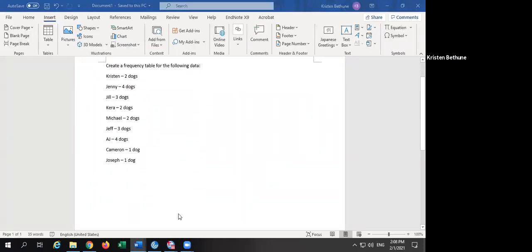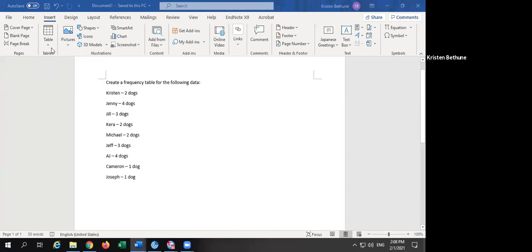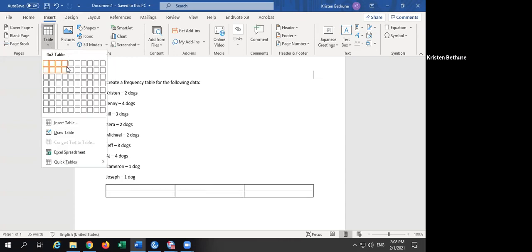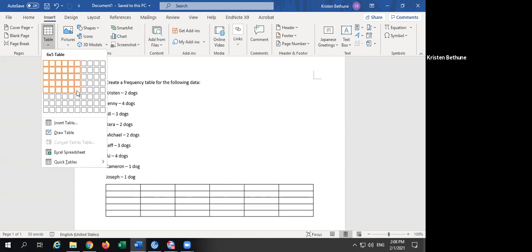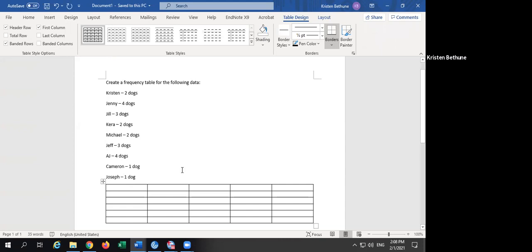So I tell you to create a frequency table for the following data, number of dogs somebody has. All you gotta do is go up to insert, hit table. It's even easier in Google Docs. I'm the kind of person who never counts things out before I do them, so I tend to make my tables super large. And then I would say something like number of dogs,